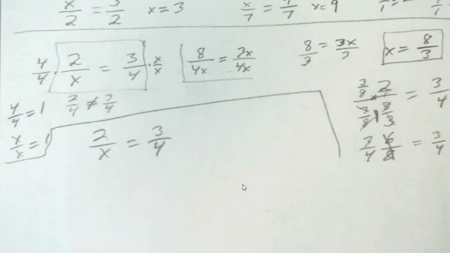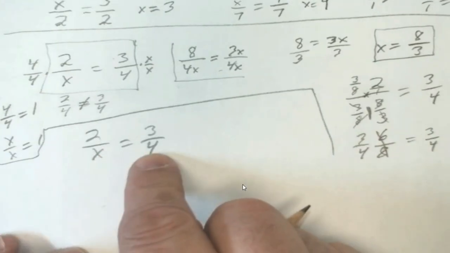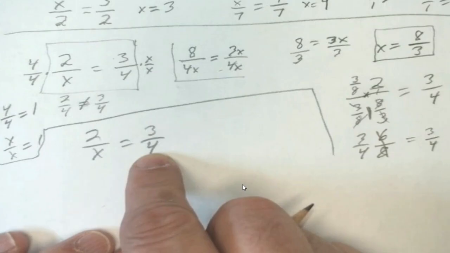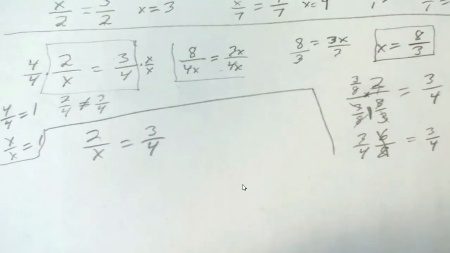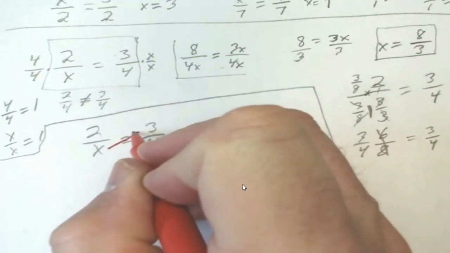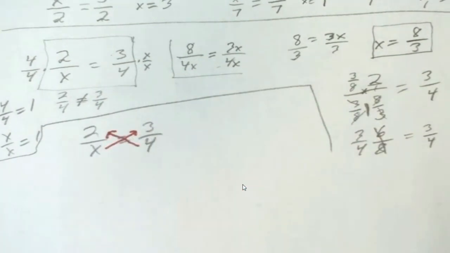Cross multiplying. This is actually a situation when you have a fraction equal to another fraction. This is when cross multiplying is actually applicable. We can actually do this. If we multiply this denominator times that, and this denominator times that,